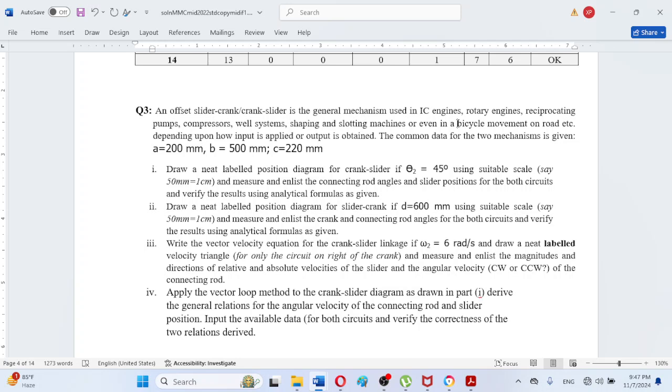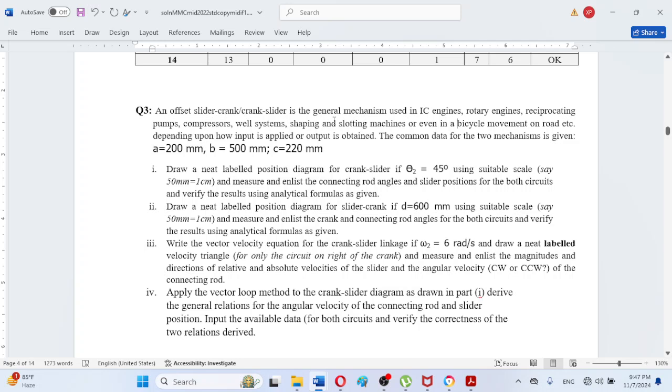So the movement of a bicycle is actually a crank dash slider mechanism, because in the crank dash slider terminology input is given to the crank. If we pedal with the help of our feet, that means we are giving input to the crank. So the crank is actually the input,